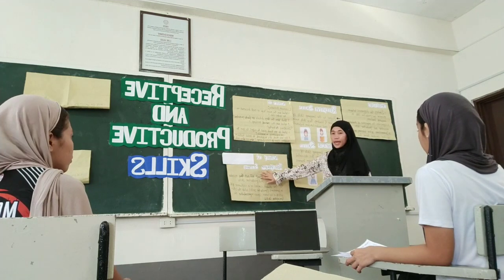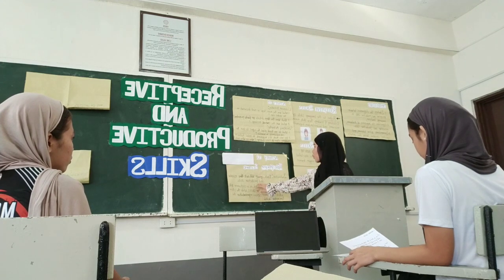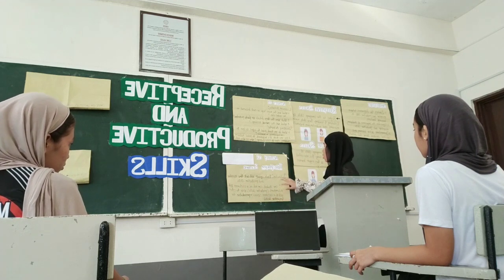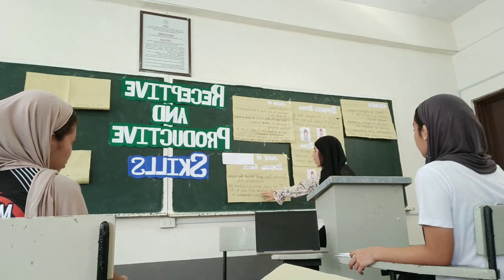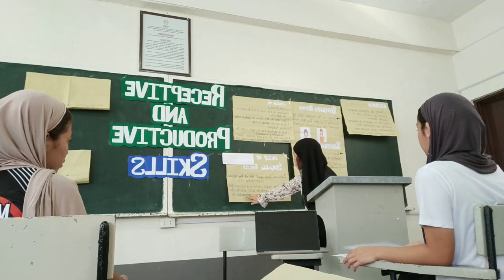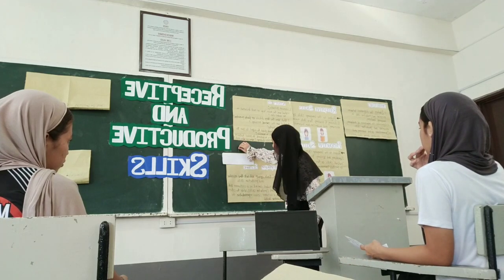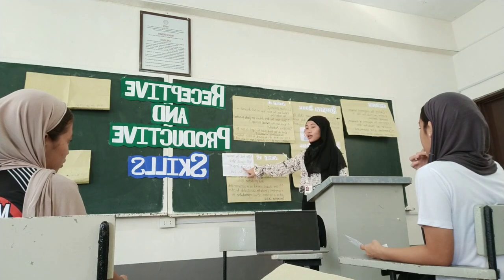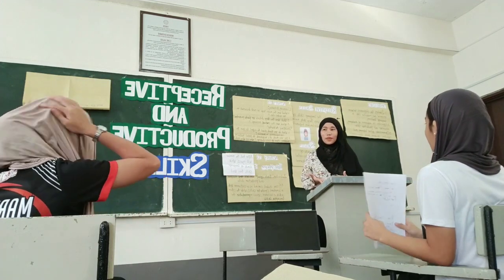Activity 2, role playing scenario. So here are the instructions. Each group will act out the receptive and productive skills. For example, one student can act as a customer with a complaint, which is a productive skill, while the other acts as a customer service representative, which is a receptive skill. After that, the viewer will guess what kinds of language skills they use. So are you ready? Yes, ma'am.